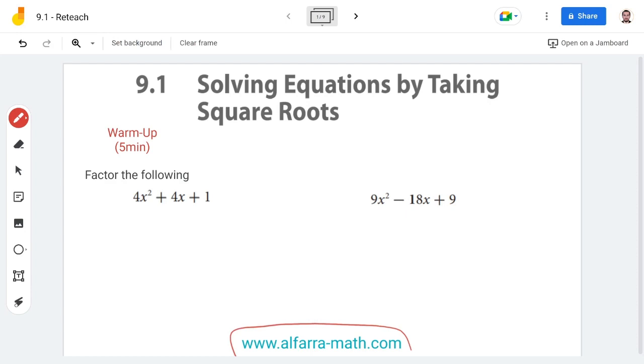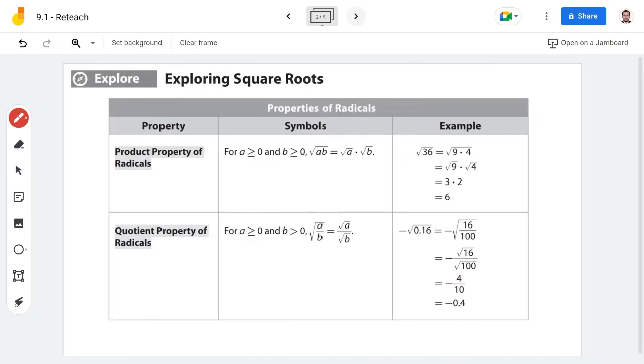Now, let's start here first with exploring the square root. What is this exploring the square root? First of all, we have the product property of radicals. What is the product property of radicals? As we can see here, when we have two numbers or two variables, or a number with a variable, multiplied with each other, we can split the square root into the square root of a times the square root of b. So we can split a and b, each one under its own square root. Okay, as in this example,